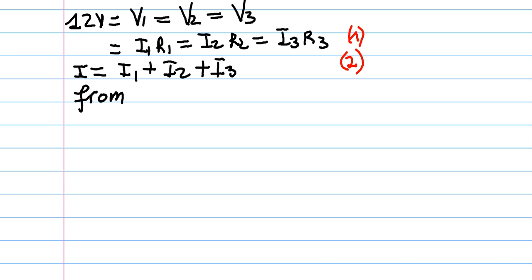From equation 1 we can write I1 R1 equal to I2 R2. Now the unknown point here is I2. Let us find the expression of I2 in terms of the other elements, and from equation 2